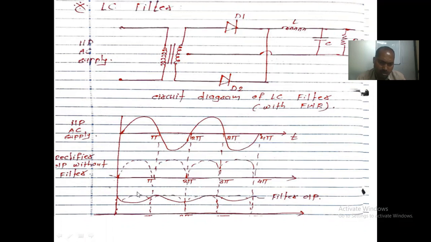See, this is the ripple output, meaning whatever the rectified, pulsating DC coming, shown by the dotted line. It should reduce the sum of the ripple content. It doesn't give 100% reduction of the ripple. This is what happens when we use the LC type of filter. Okay, this is the revision part.